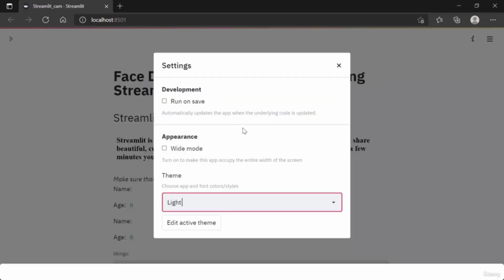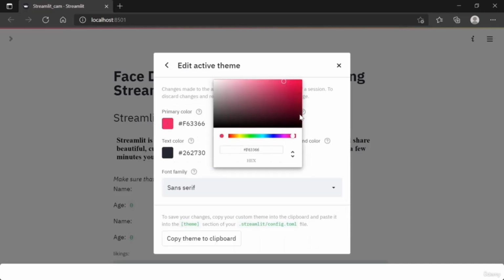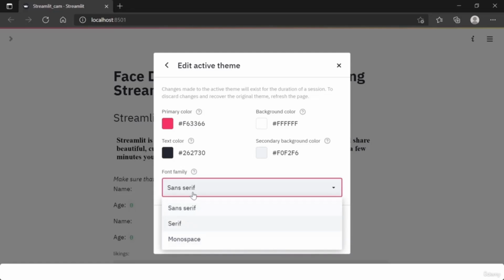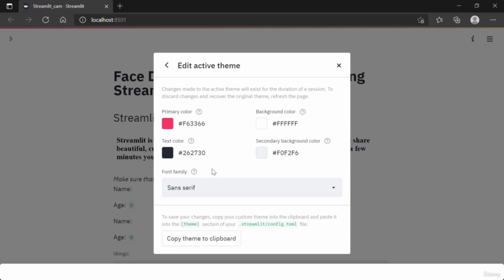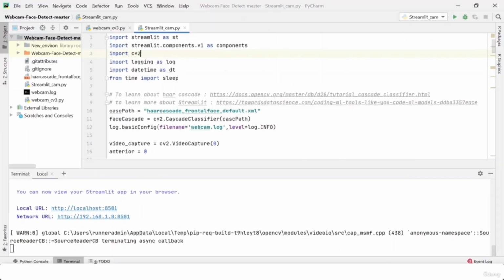And not only that, you can even go to active themes and edit the primary color and change the color here. Go for background color, change the background color and stuff like that. And then you can see that there is a font family too, but it only gives you three options. And yeah. Now another thing that is very cool about Streamlit is that once you change your code here,